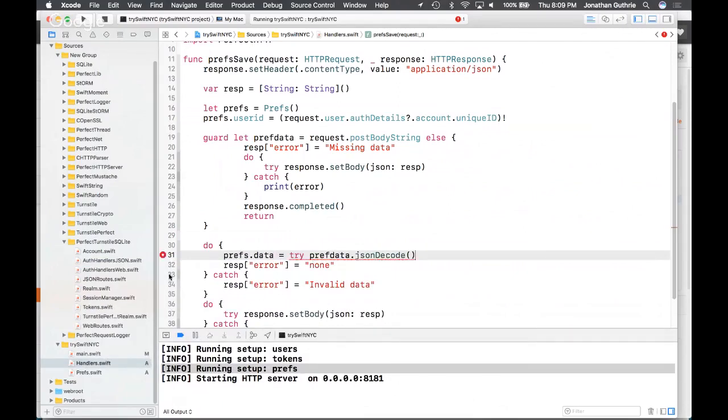But now, as Xcode is helpfully telling me, I'm going to need to say this is the specific format that I want this to be decoded into. Once again, because we have this in a do catch, if it's invalid, it fails, and then it's going to set the error equals invalid data. Make sense?